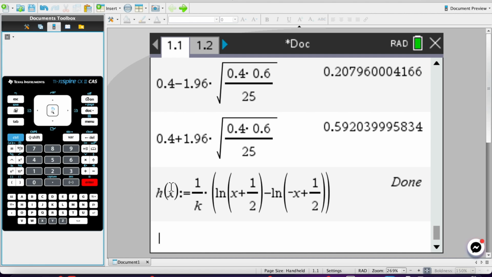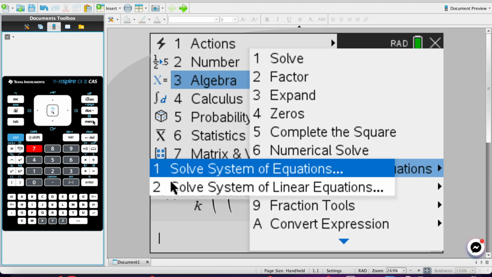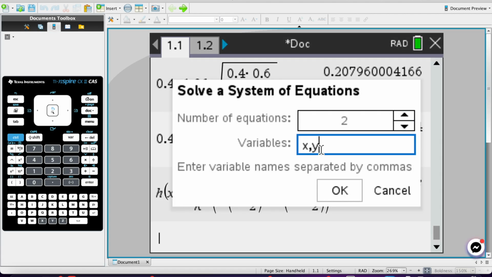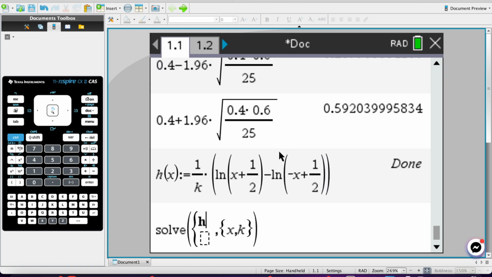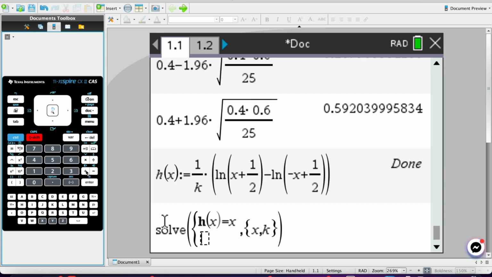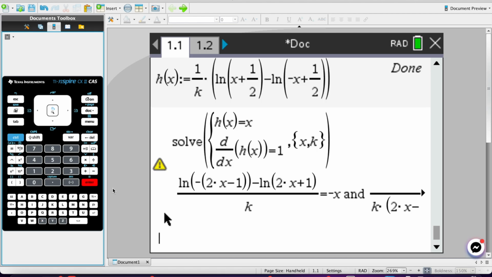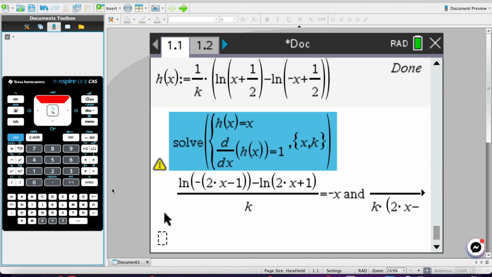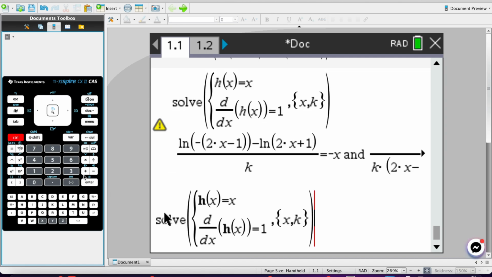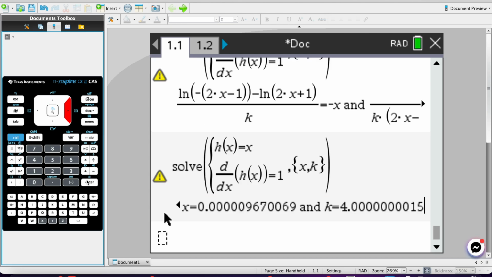Okay, so now we can do what we wanted to do, menu 371. Our two variables are x and k. Our first equation was that h of x intersects the line y equals x, and our second equation was that they have the same gradient. And of course, the CAS does not want to solve that for me. Maybe we can get it as a decimal and see what we get. Oh, it's 4. So at k equals 4, what's happening is that the inverse and the original, h of x and h inverse, are just